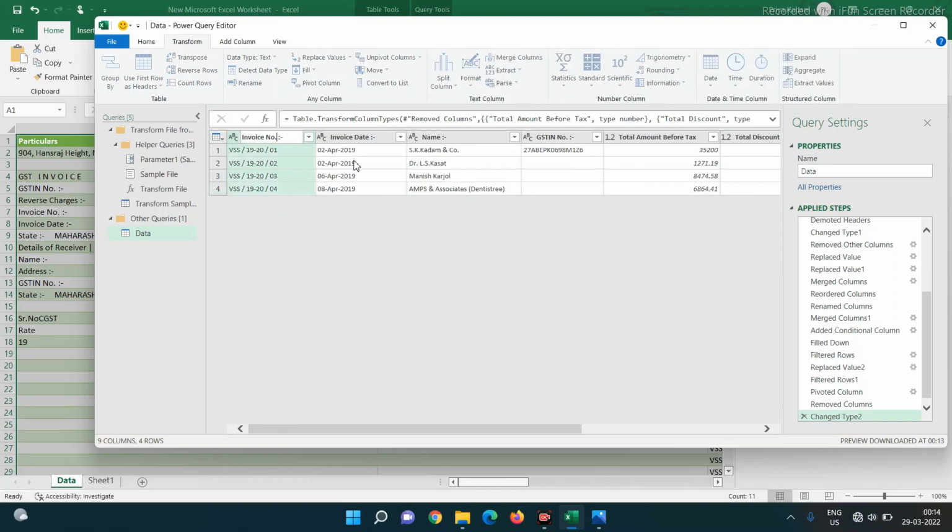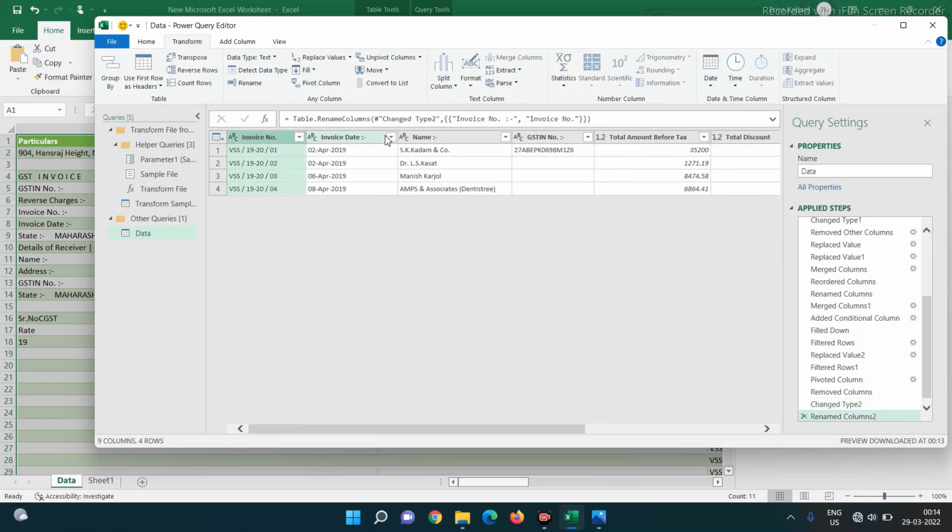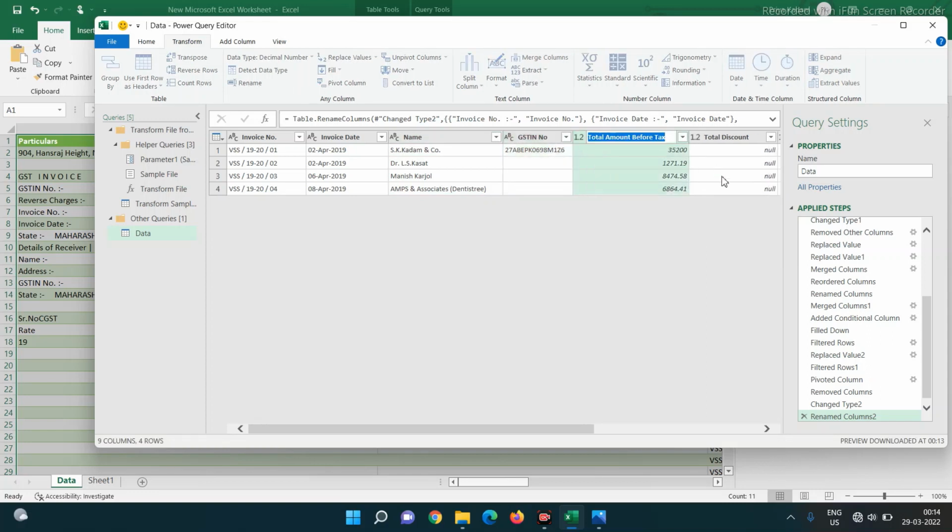Invoice number, this I will delete. Invoice date, here also I'll delete this column. Name is correct. GSTN number is also changed, and this will be taxable amount, and